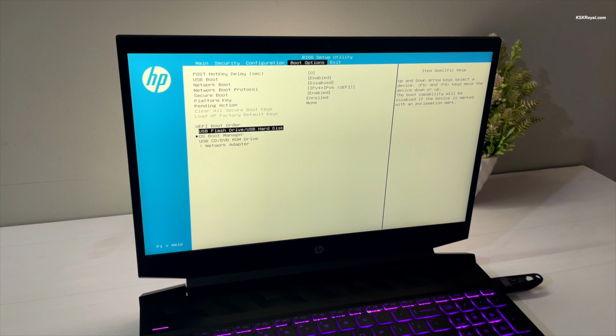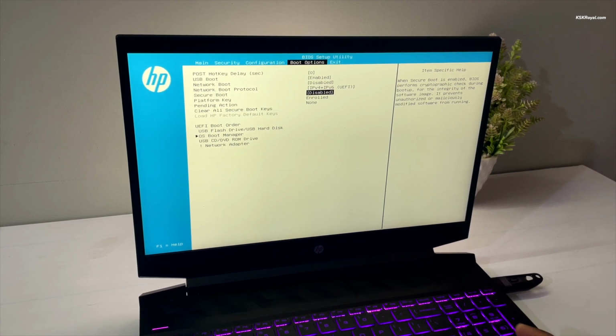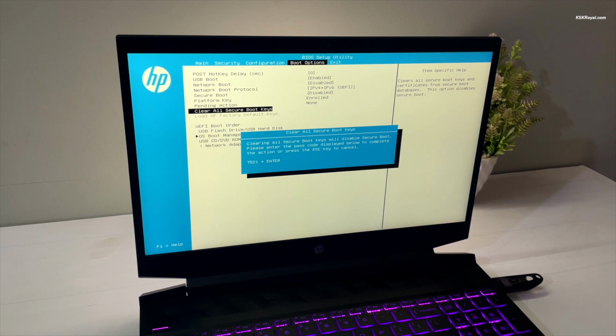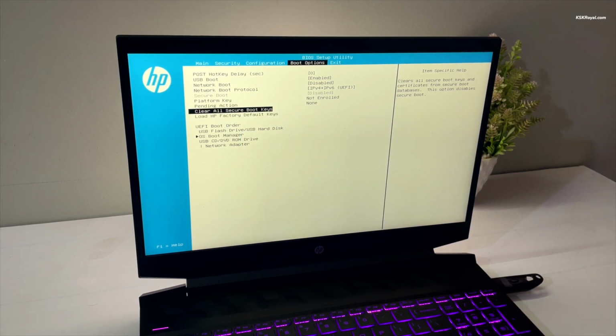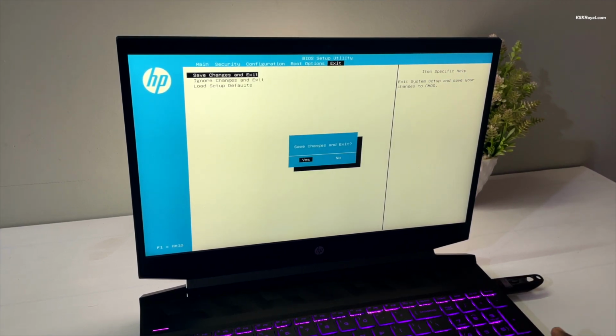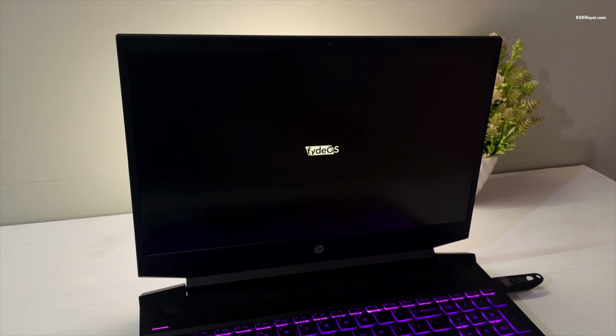Now go ahead and disable Secure Boot, which is very important. Otherwise, Chrome OS or FydeOS will not boot. If you have an option like Microsoft's third-party UEFI certificate, just go ahead and enable it. It's also better to clear any keys or certificates after disabling Secure Boot. This way it won't cause any installation problems with FydeOS. Once it's done, save the changes. Now your system will boot into FydeOS from the USB drive. If it fails to boot, use the boot menu to load the FydeOS install media.